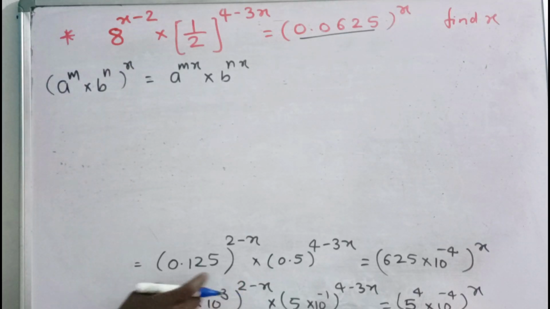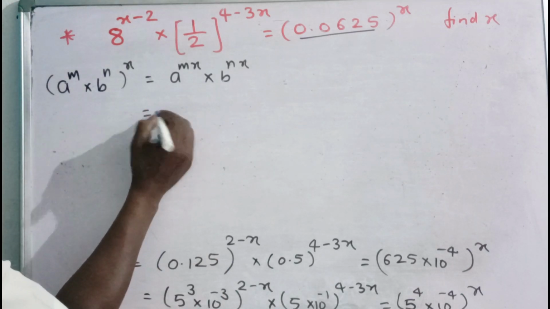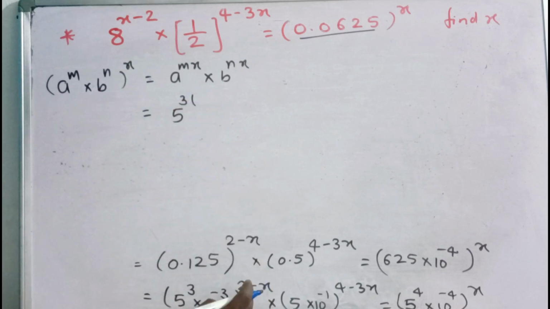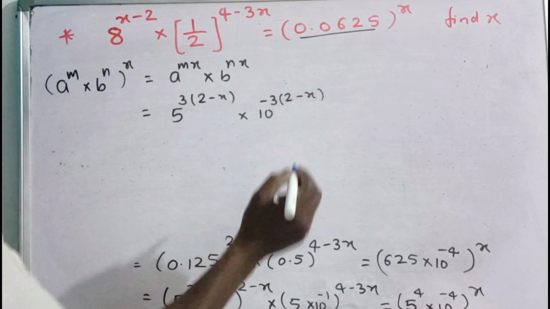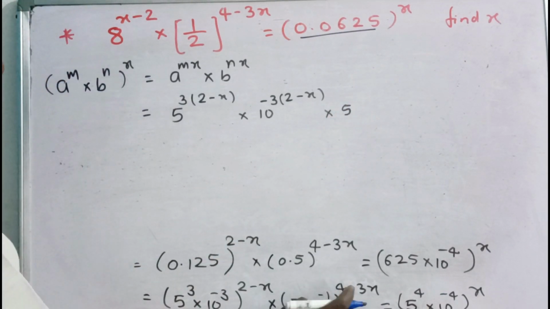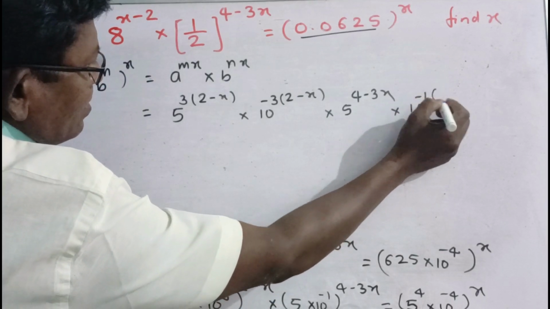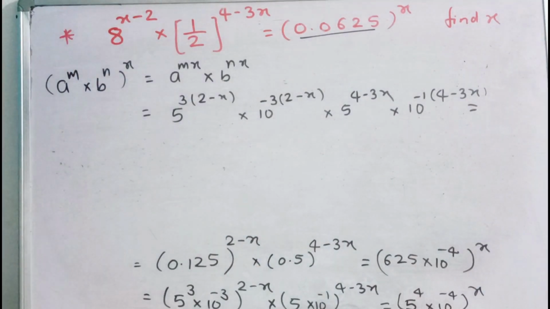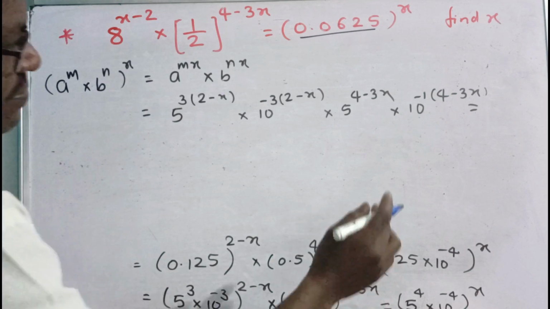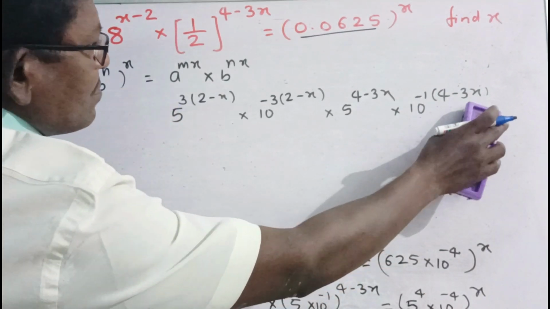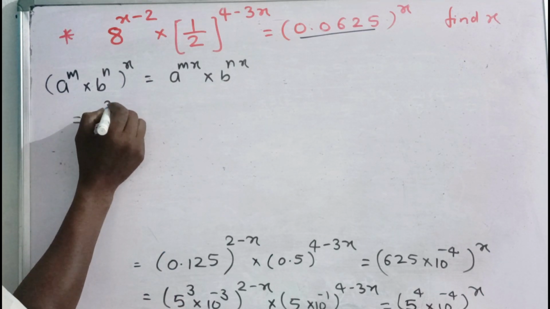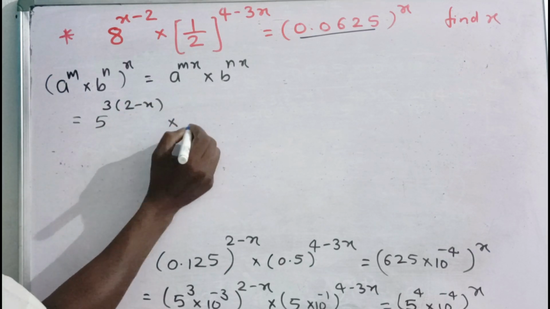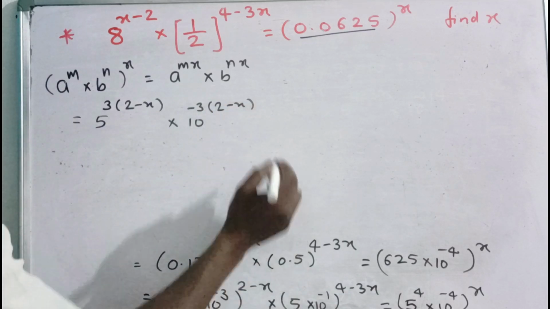Just separate the power with multiplication, then it comes 5 raised to the power 3 into 2 minus x, into 10 raised to the power minus 3 into 2 minus x, into 5 raised to the power 4 minus 3x into 10 raised to the power minus 1 into 4 minus 3x